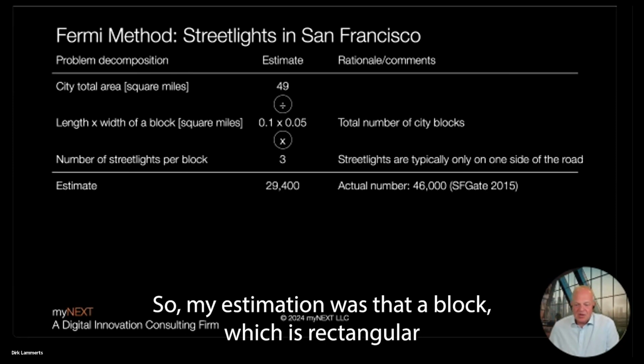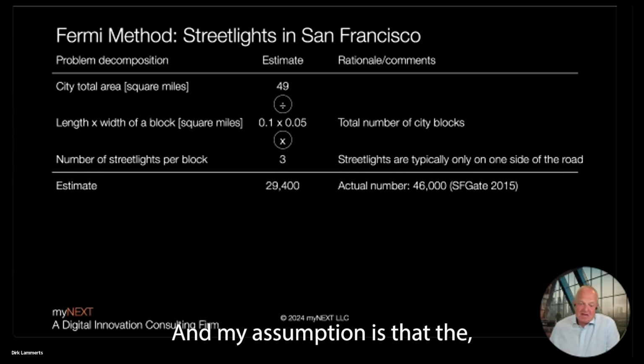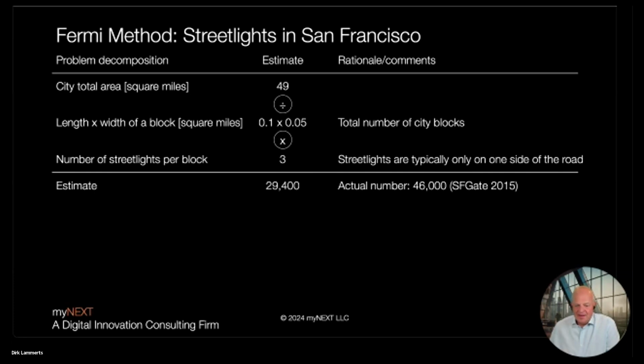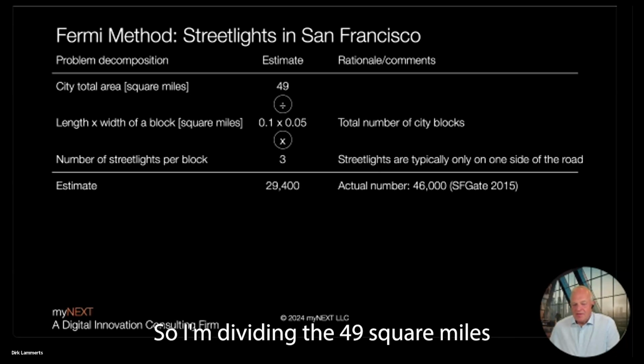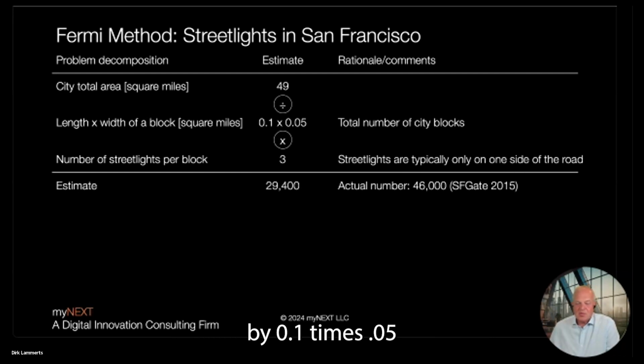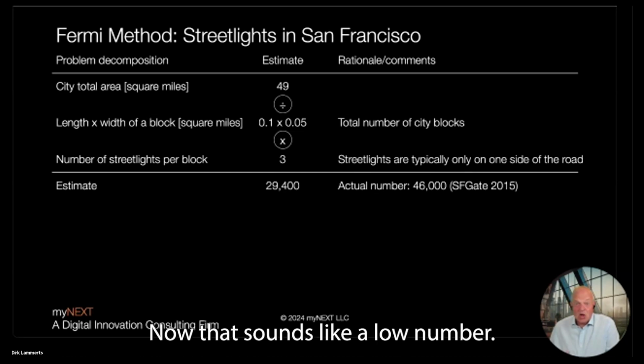So my estimation was that a block, which is rectangular, not square, in San Francisco, there are 10 blocks to a mile. And my assumption is that the width of the block is half the length. So I'm dividing the 49 square miles by 0.1 times 0.05 square miles per block. And then my assumption is there are 3 street lights per block. Now that sounds like a low number,